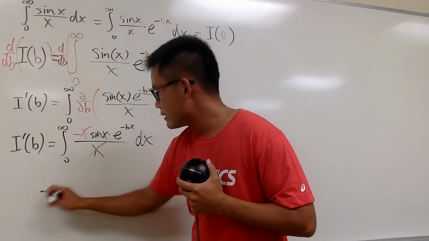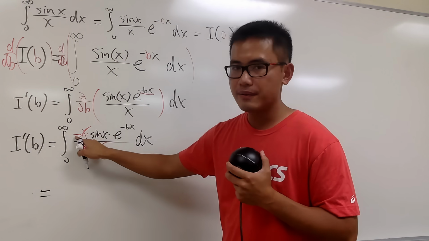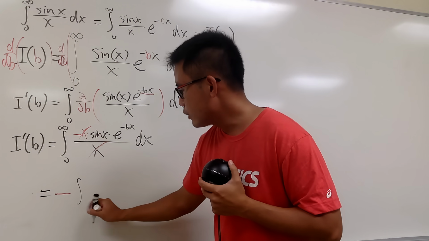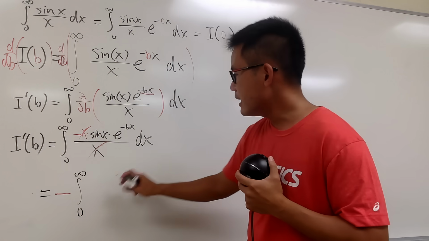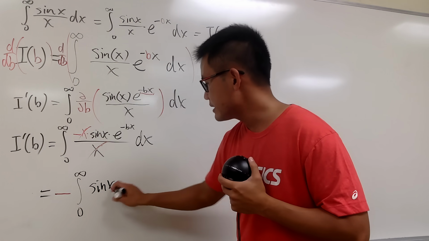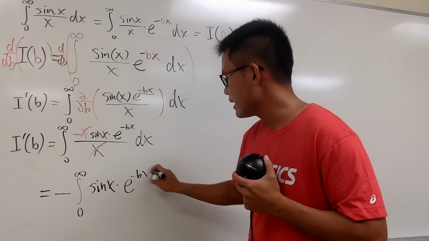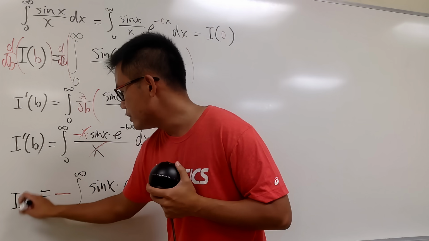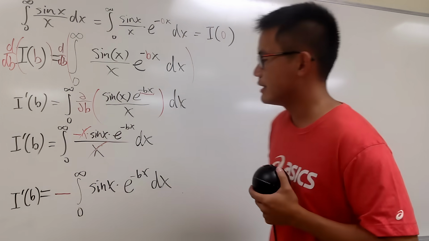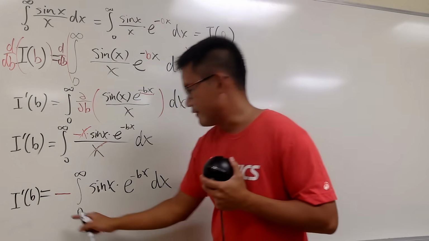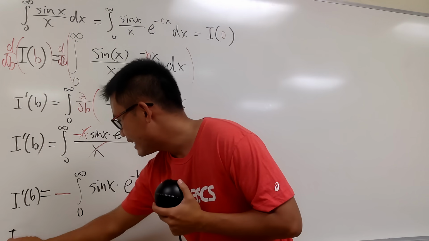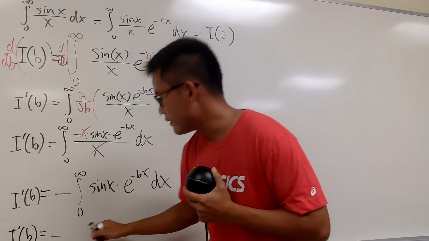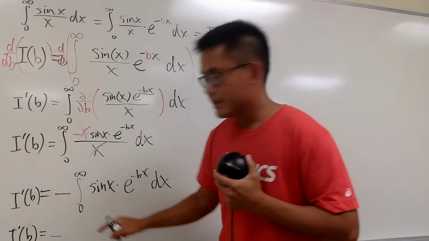Okay, let's take a look. We have this negative. Let me bring that outside. So we have the negative in the front. And this is the integral from 0 to infinity. Inside here, we just have sine x times e to the negative bx dx, all right? And on the left-hand side, we still have I prime of b, like that. Okay, I can fit a little bit more right here, so I will. I prime of b. This is equal to, the negative is still in the front,